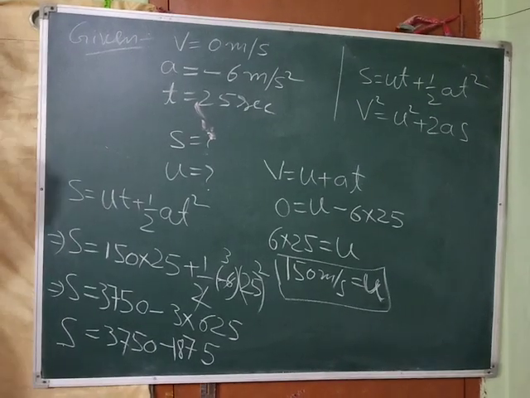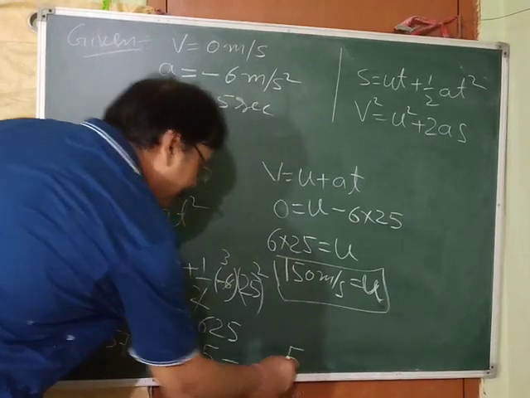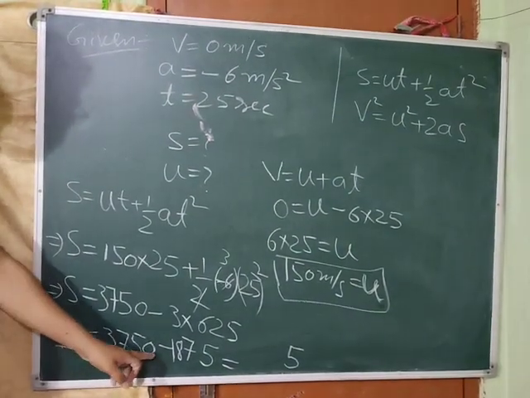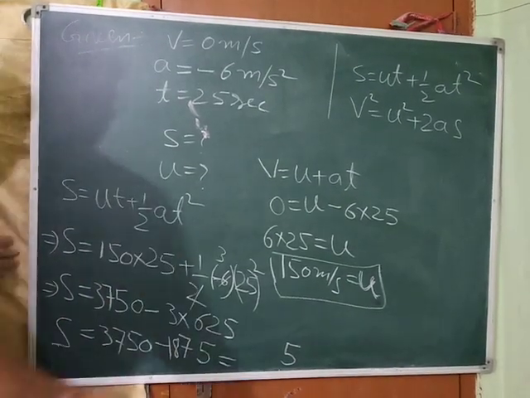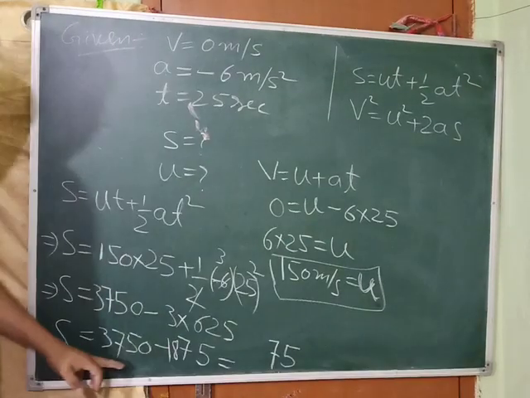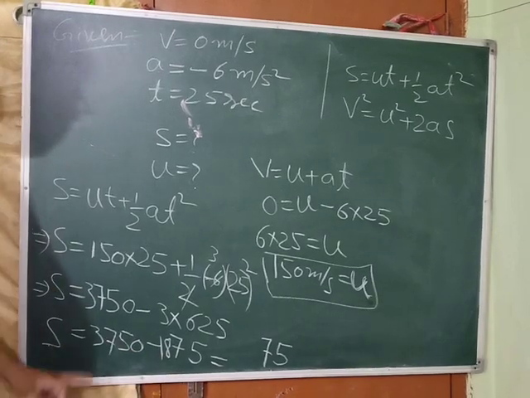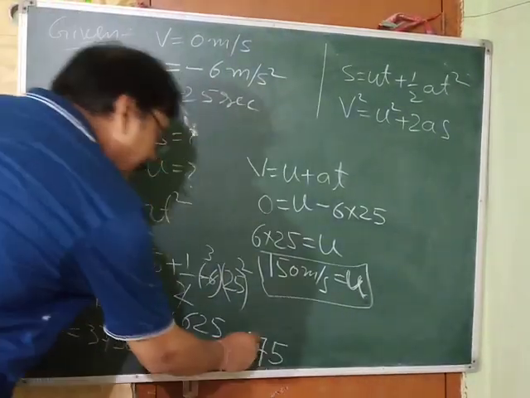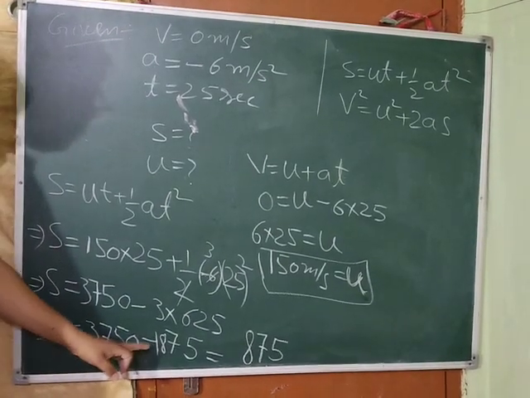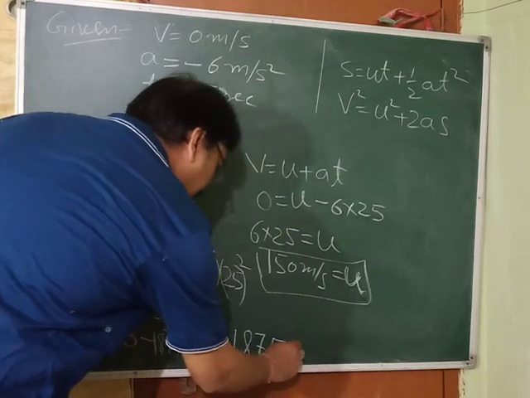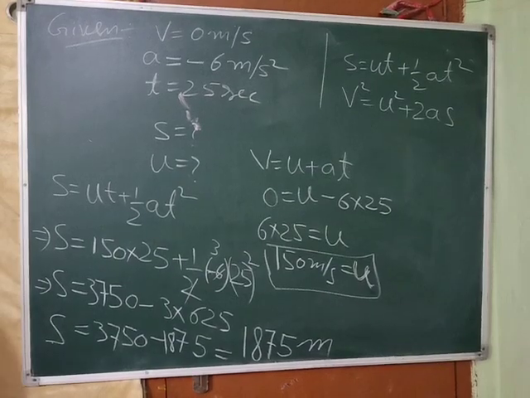And that thing you can do very easily. See, from 10 if you subtract 5, how much you will get? You will get 5. Now it is 4 because one carry has been taken. From 4 you cannot subtract 7. So from 14 you subtract 7. So again you will get 7. Now it is 6 because it has given carry. From 6 you cannot subtract 8. So from 16 you subtract 8. So you will get 8. Now how much is left? 2. From 2 you subtract 1. So we will get 1. So your displacement is 1875 meter.